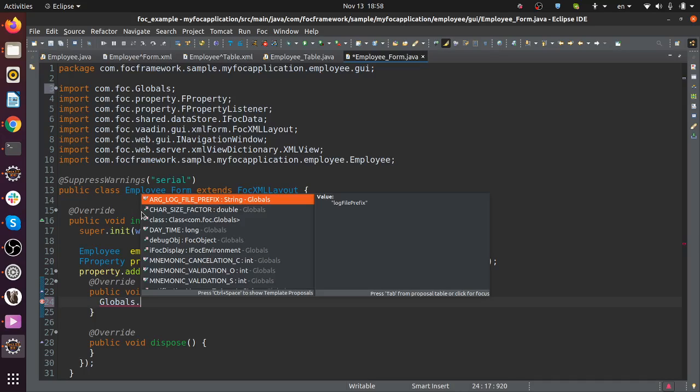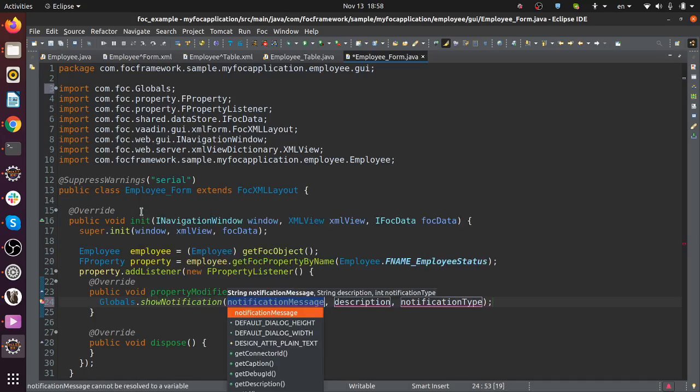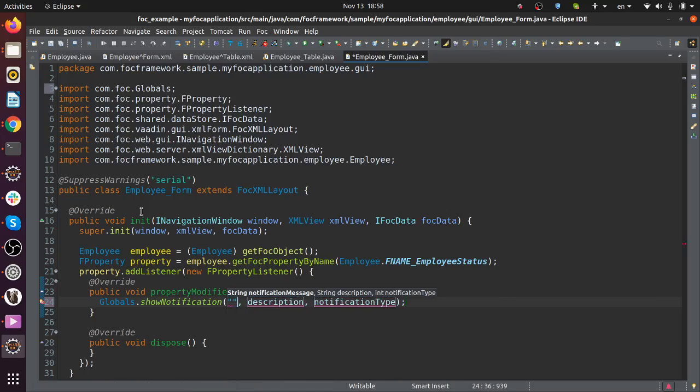We call it statically and show notification to the user. The main, you have a big title and a smaller title. Warning. You are changing the status. And what kind of